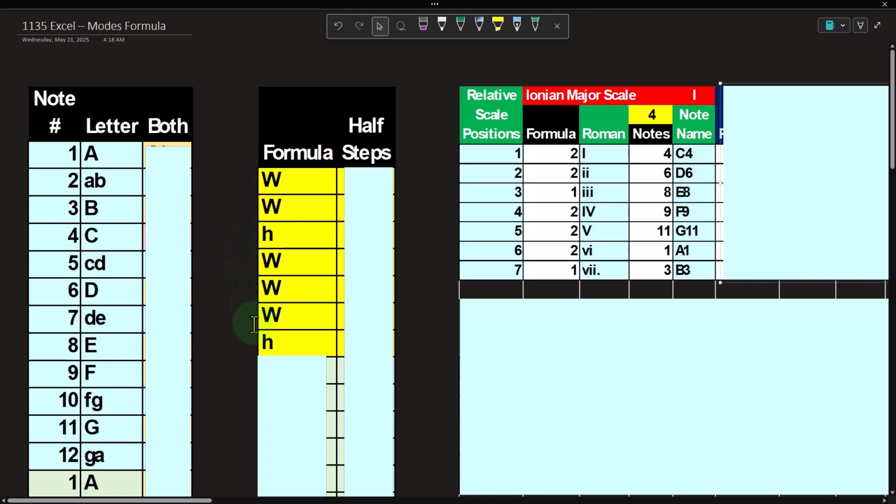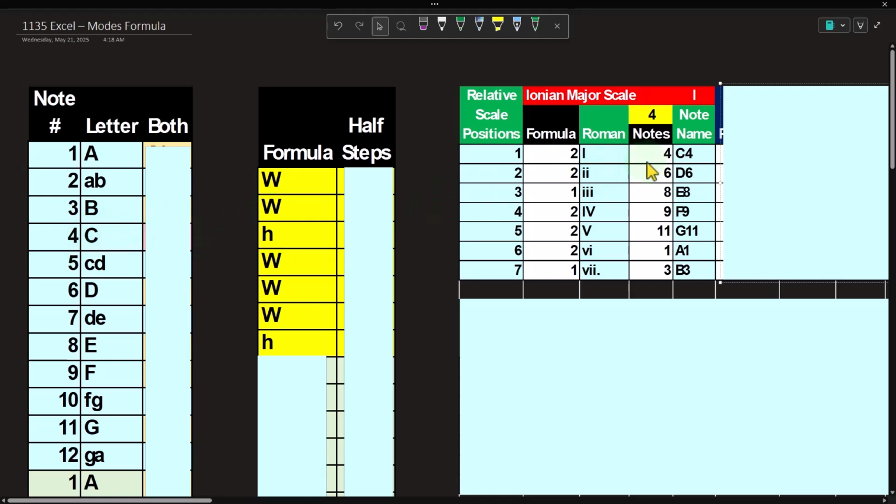Because normally we take 2 steps because it's too close together if we don't take 2 steps, right? So that's good. The formula will look like this: 2, 2, 1, 2, 2, 2, and then 1 brings us back home. If we apply that formula out to our key of C, which I'm going to say is number